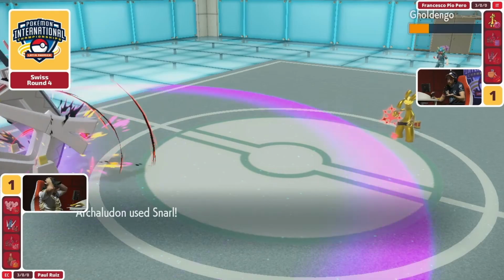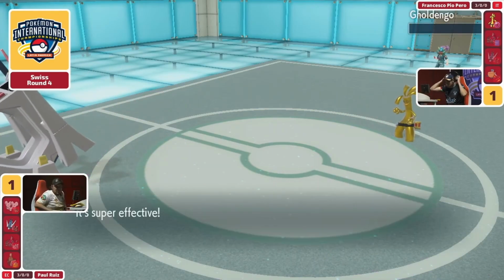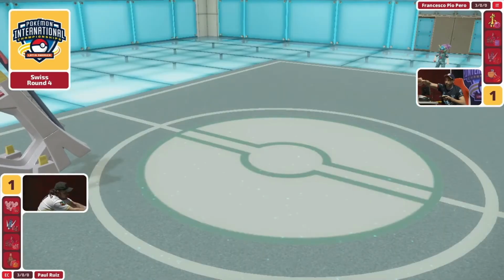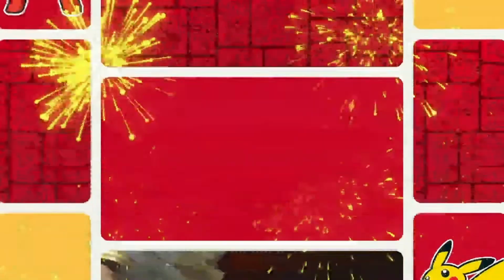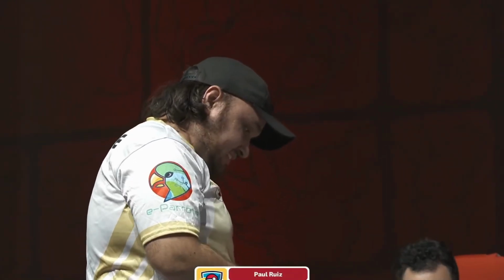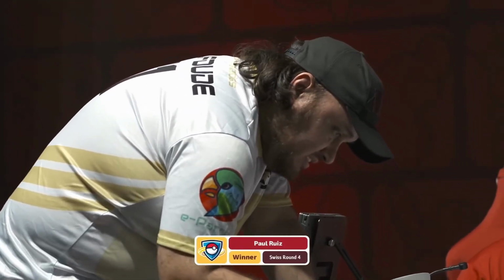Does it touch? It goes for Snarl. Paul, what are you doing? You're giving me a heart attack. But it does pick up a KO, and all of a sudden we've got Paul Ruiz at 4-0 in day one. Wow, that was a nail biter at the end there. I was figuring, okay, Paul played to the end game. You've got this, like, you're able to